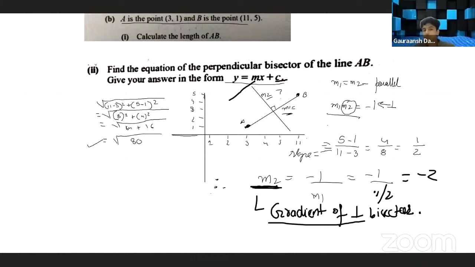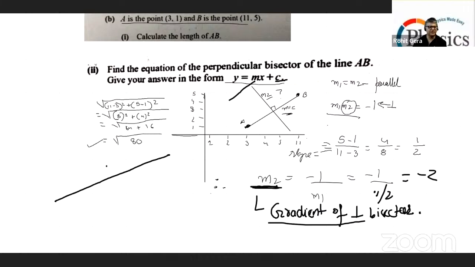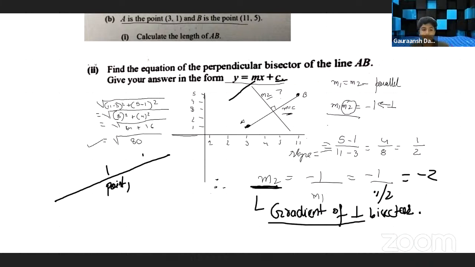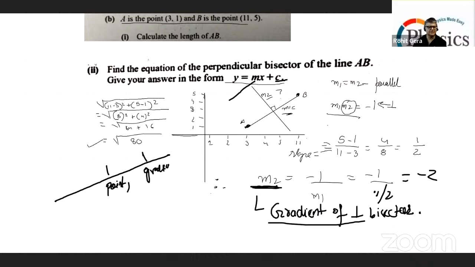To find the equation of a line, what is the information you need? The gradient and a point on the line, not midpoint. इस केस में midpoint है. वैसे किसी भी लाइन की इक्वेशन निकालनी हो तो उसके ऊपर एक पॉइंट बताओ और उसका ग्रेडियंट मालूम. Then the equation of the line is,